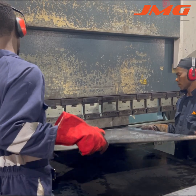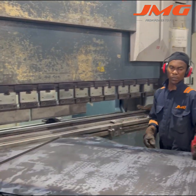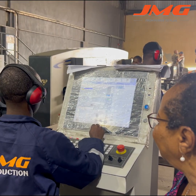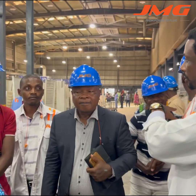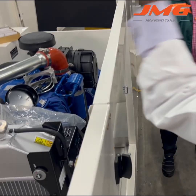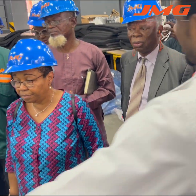Well done. One of the things that I've seen in the factory is the use of additive manufacturing that they have employed in the casing of their generators. I want to commend them for doing a fantastic job, for empowering the young ones. And having toured their factory, I discovered that the number of expatriates there is very low. That means that they're engaging the local people, using local products to ensure that their products are almost 100% local